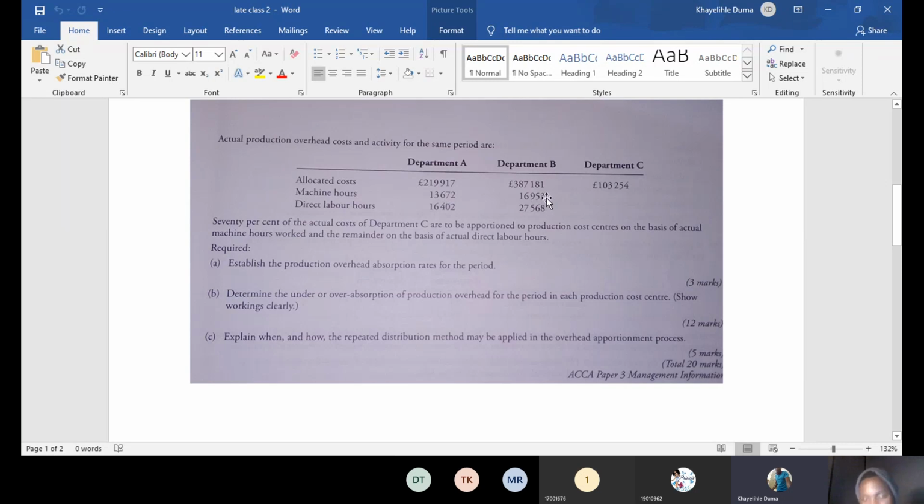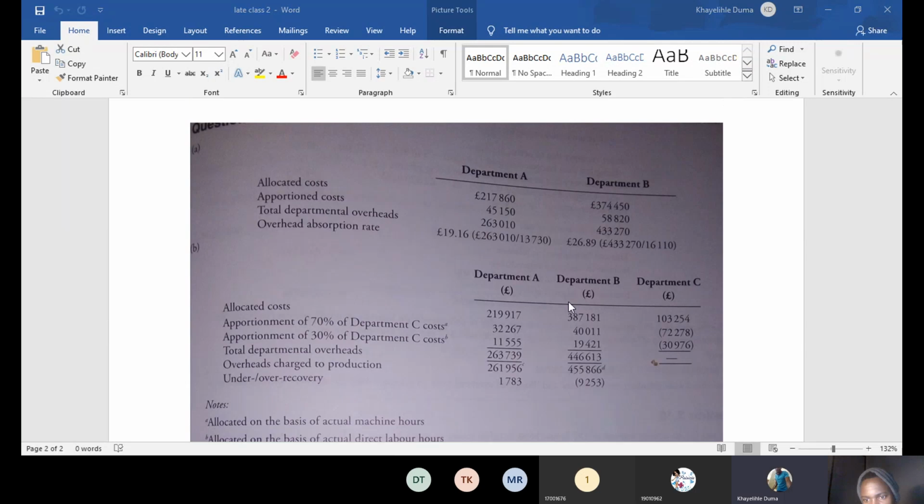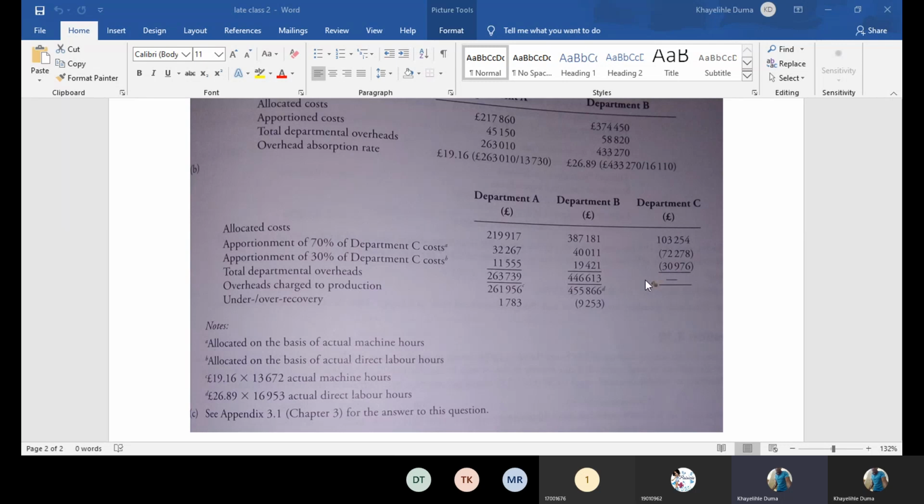And the total that you are going to get there, you are going to come now and say, okay. And then the total that you're going to get there, you're going to come,